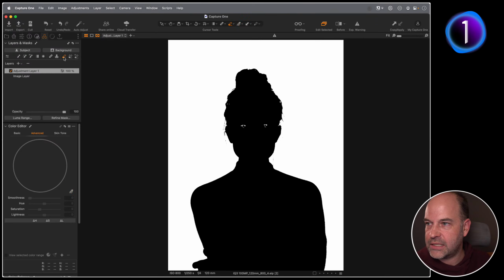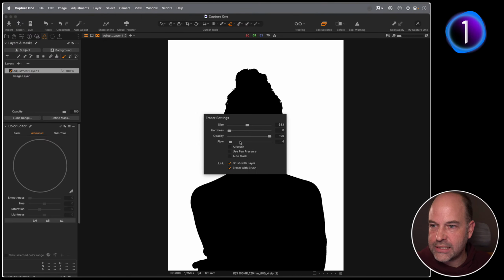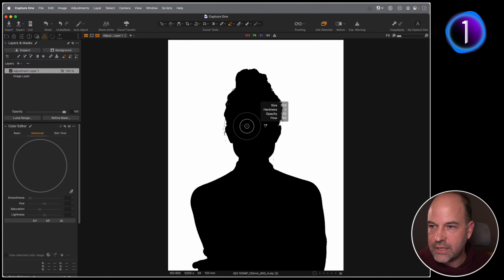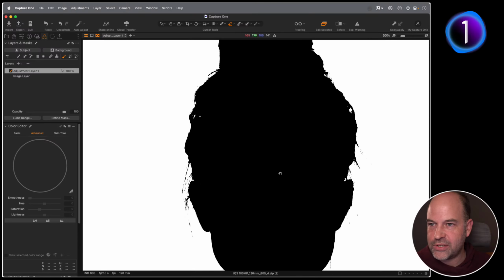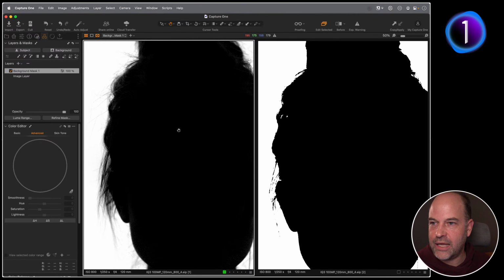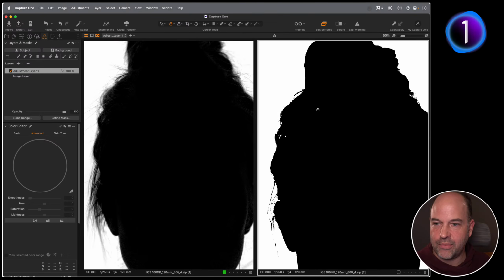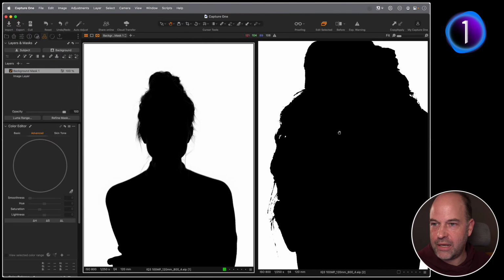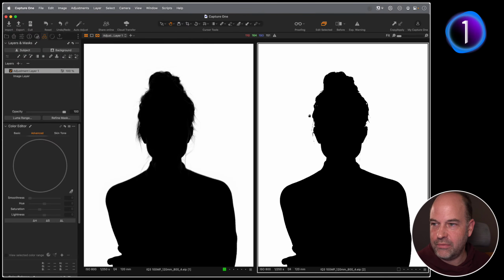First of all, let's fix the eyeball mistakes here. So let's just get rid of that. And then if I zoom in a bit, you can see the mask is a little bit on the crunchy side, right? So if we compare to our other one, this is the one that we did with the background mask. This is the one that we did with the color edit like so. So first impression is, wow, that one looks way better. Absolutely, I would agree with you.